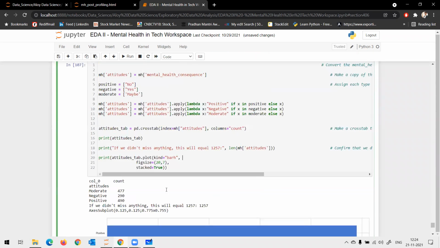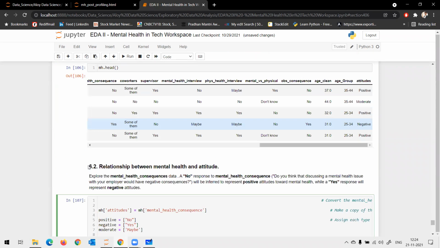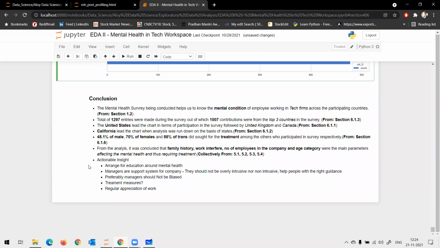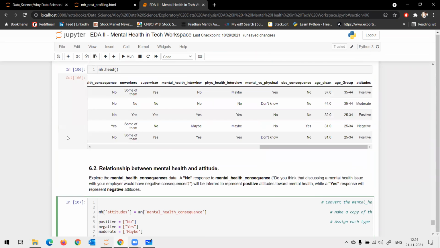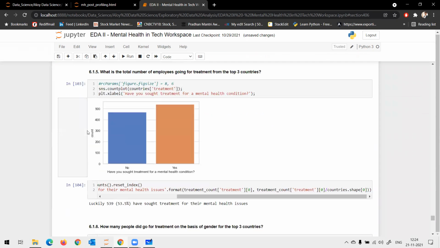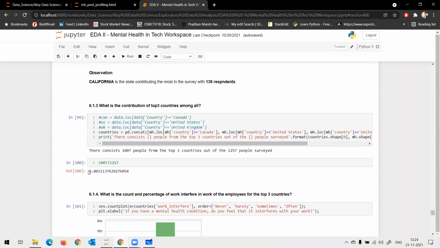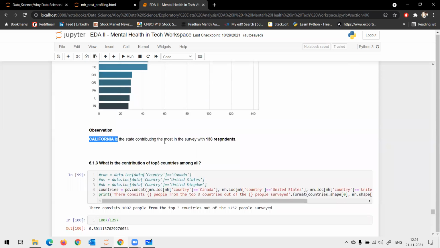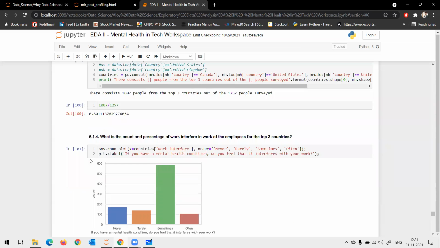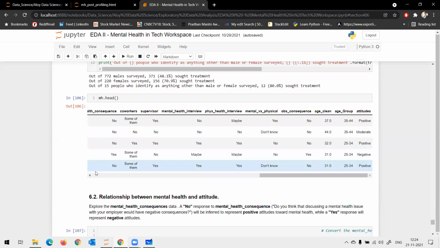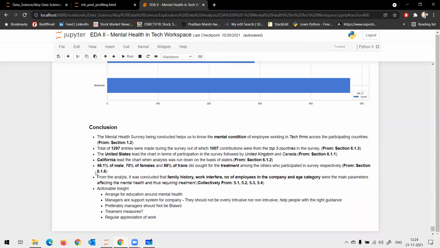Okay, so once I analyze each and every feature, just like the last data set, we make a note of all the observations. As and when we analyze each and every column and the relationships, we make a note with respect to each and every chart or relation, and finally we glance through it and make the conclusion.